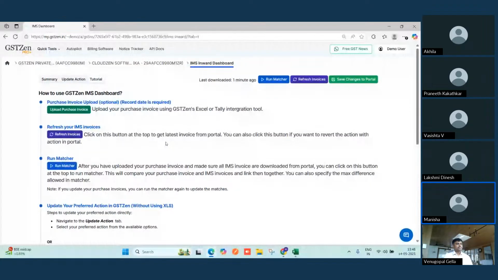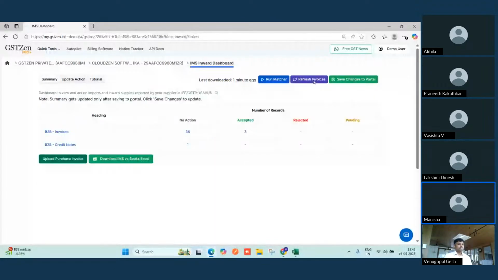So let me take you back to the summary page. Once you click on the refresh invoices tab given on the right hand side top, it will give you the summary here in a tabular format. It will talk about all the headings separately, whatever invoices are there under no action, accepted, rejected, pending. If you click on this particular document type, it will take you to the next screen, that is